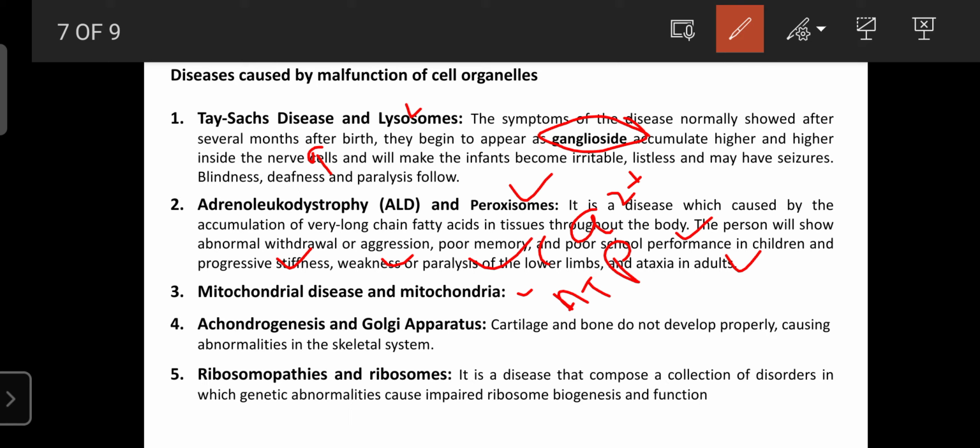It can affect the liver and cause liver disorder. It can even affect the ear, eye, kidney, heart, GIT and endocrine system. So due to that, the person suffers from various disorders related to mitochondrial dysfunction. That's why diabetes mellitus is also one of the metabolic disorders related to mitochondrial dysfunction.